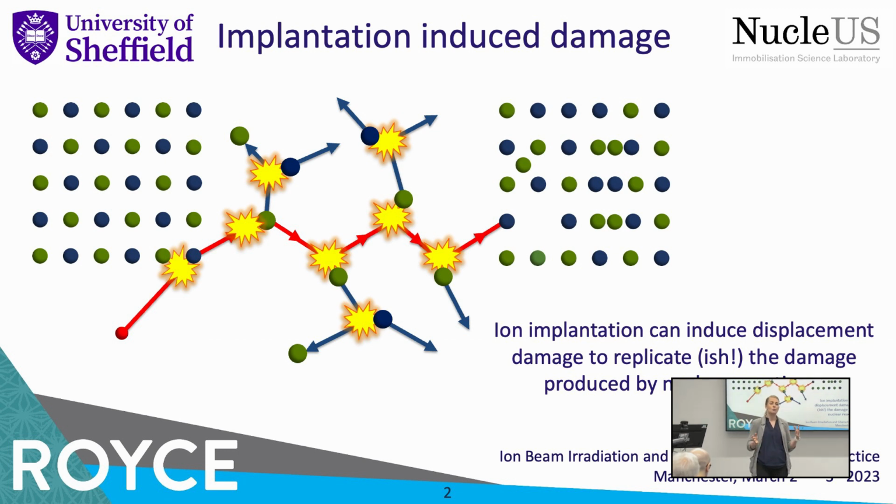For a lot of us, we don't work on active materials, especially those of us who are developing novel materials, so we want to do a scoping exercise before we go and irradiate our new materials with neutrons or other radioactive sources. And therefore we use ion implantation, so non-active ion implantation, in order to induce those same types of structural damage. So I think yesterday you had a talk on ion implantation, so you know very well the limitations of ion implantation, which is why I said it can replicate-ish the damage that's produced by neutrons and